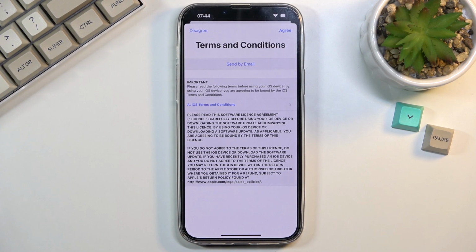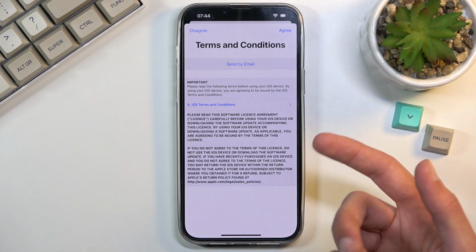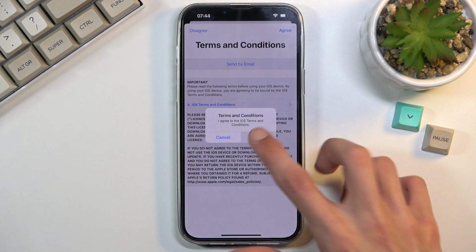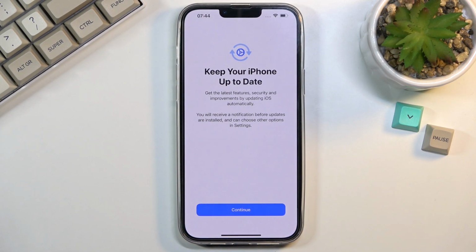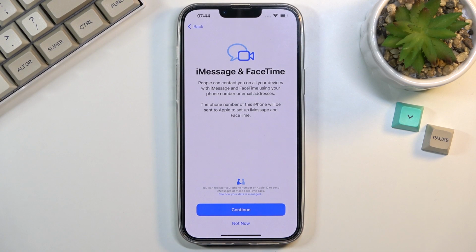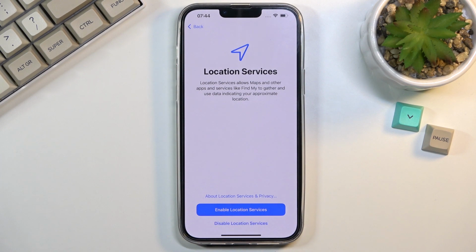And obviously we have terms and conditions. No phone can go without those, so you can read those if you want to. From there, select agree, again agree, and keep your iPhone up to date. Let's be honest, there is not much of a choice here to not keep it up to date, so let's select continue. iMessage and FaceTime, obviously you can set it up, but that would require you to log into your iCloud. I decided to skip this, so I'm gonna stick with not now anyway. Location services, you can enable them or disable them. I believe whichever one you choose,